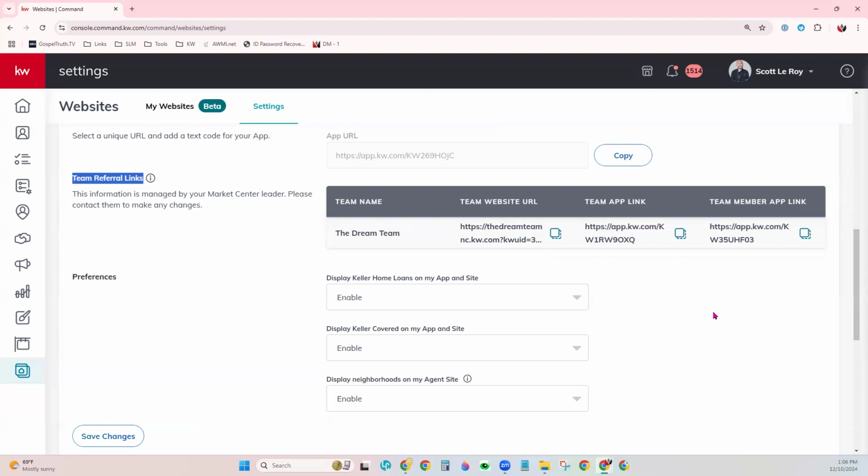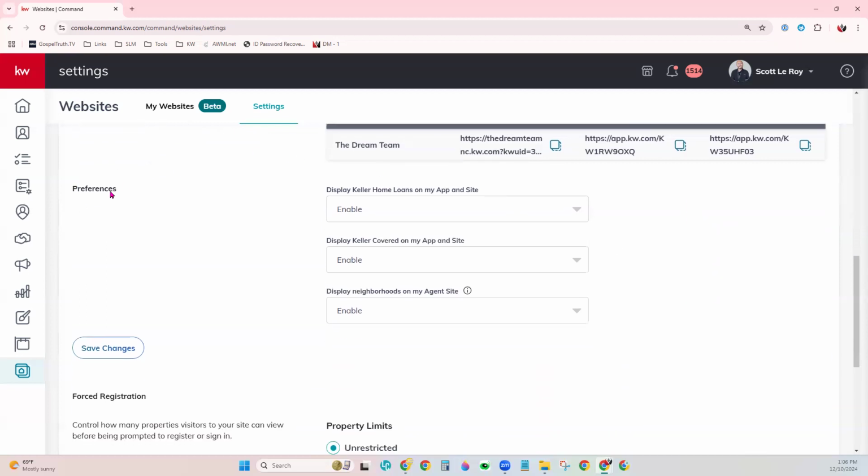Okay. You have some preference settings right here, like making sure if you want Keller Home Loans and Keller Covered, the insurance company, to be able to advertise on your listings on your site. These are defaulted to enabled. There we go. And so you can come in and change this to disabled, along with the neighborhoods that are